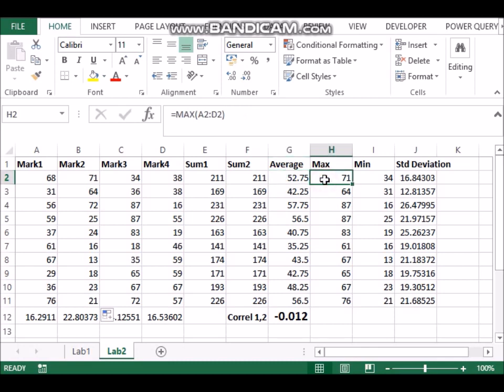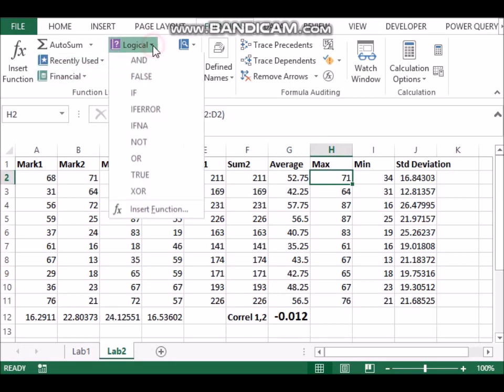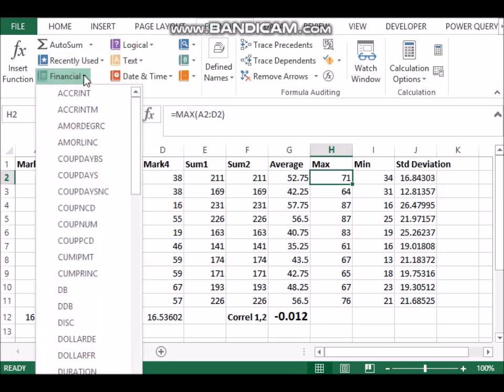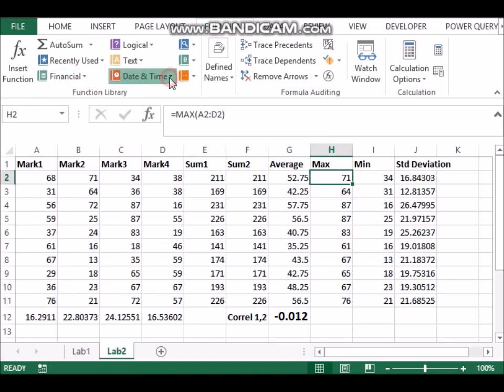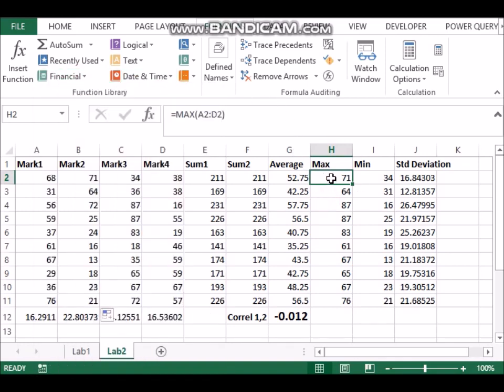Now if you didn't know the name of the function and you're thinking it's maybe maximum, it is the same thing. You could Google it, you could search for the help. There are many ways of knowing the function name. The function names are given in the formulas bar here, and I could have gone here and searched for a function. What all mathematical functions are there, I could have come and searched here. Logical functions are given, financial functions are given, date and time functions are given. So we could have done it in many ways. Because I'm aware of the function, I was able to type it straight away.